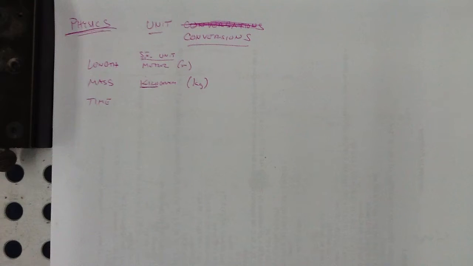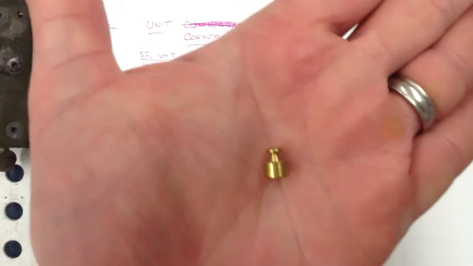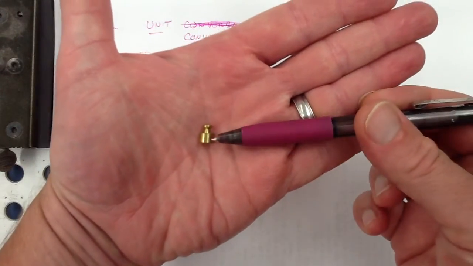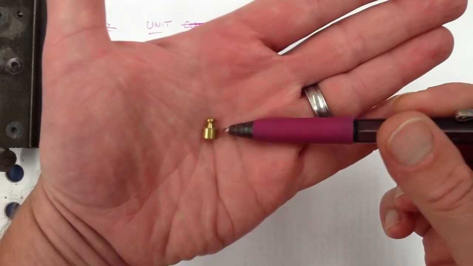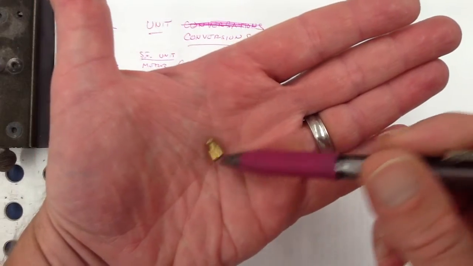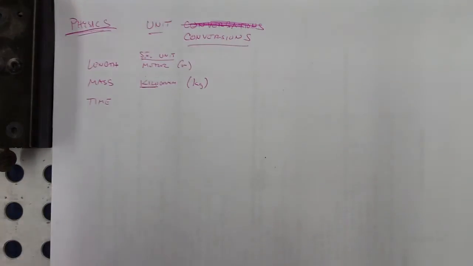The 1 gram ones are very small, so they're prone to getting lost. So this is actually, you'll have to use your imagination, this is actually 2 grams. And you can see, just for scale, there's my pen. Isn't that cute? It's like a little tiny version of the big one. That's 2 grams. So half of that would be 1 gram. That's a little bit of math there for you. All right, so